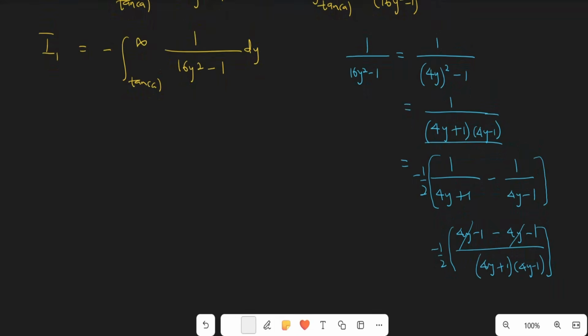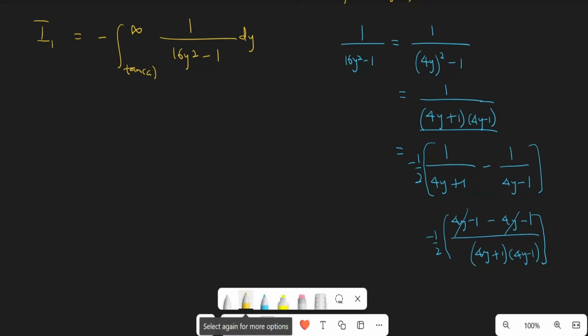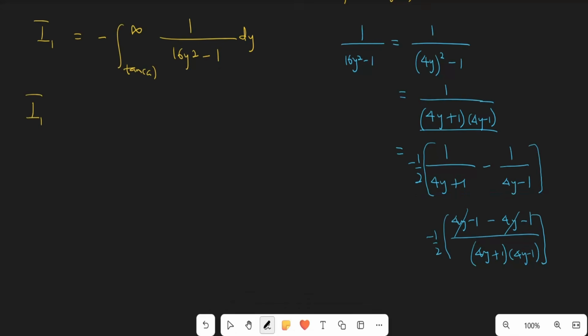So in order to integrate this one, I have to write it this way. That is 1/2 multiplied by 1 all over 4y plus 1 minus 1 all over 4y minus 1. So I'm just going to replace this one with the whole of that. Alright. Now we have I1 to be equal to negative outside the integral from the tangent of a to infinity of, now